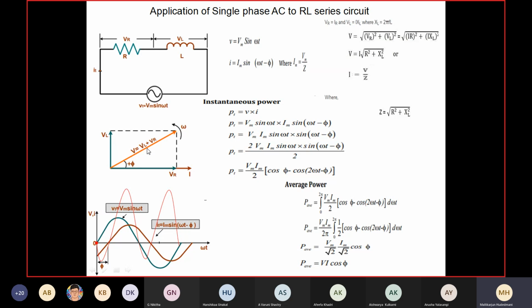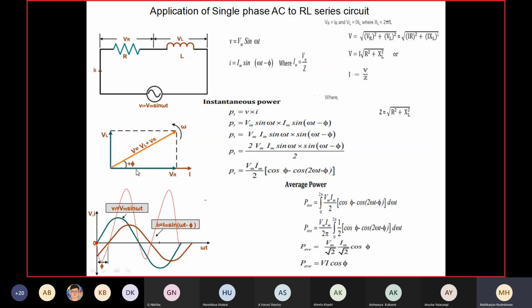Next step, I have to write equation for the current, correct? Now, when I constructed this vector diagram, I took current as my reference. Now I completed it. Now look at the total voltage, which is the orange line hypotenuse or the diagonal here. This is called applied voltage vector. With respect to voltage, that's what I am speaking about this. With respect to voltage, how is that current? Where is that current vector? Below this. Below this. By what angle?